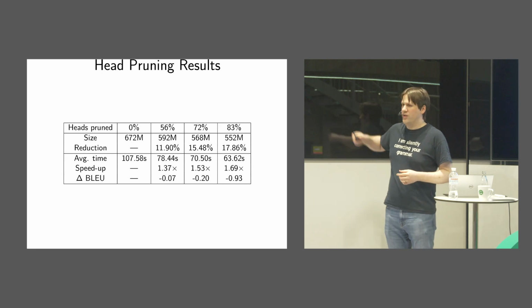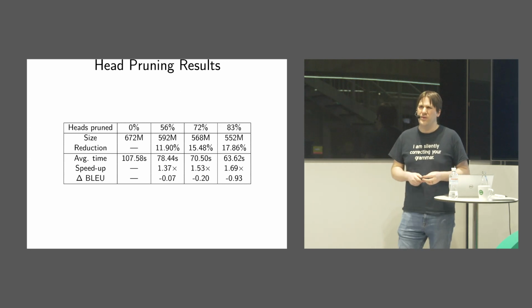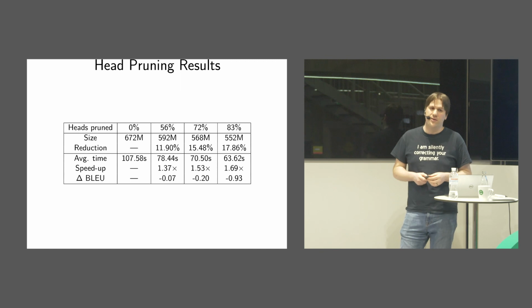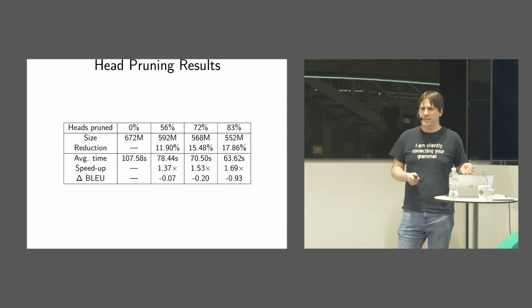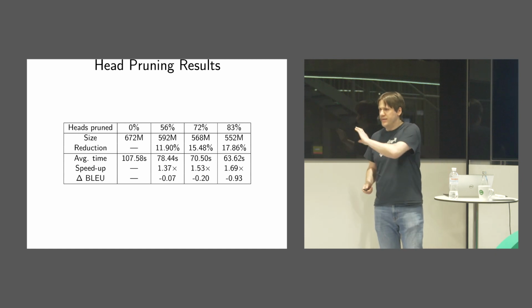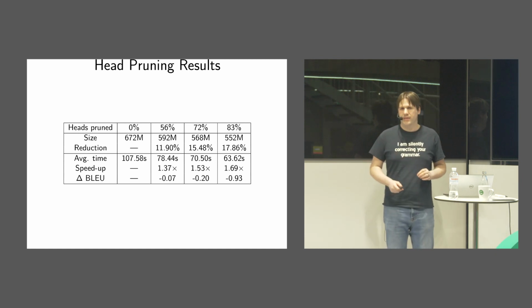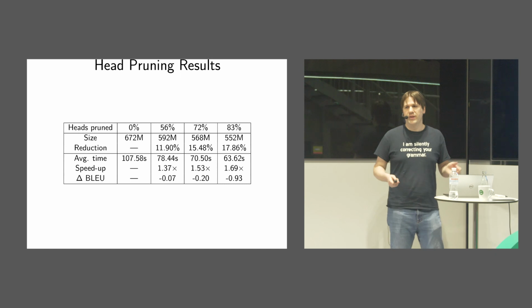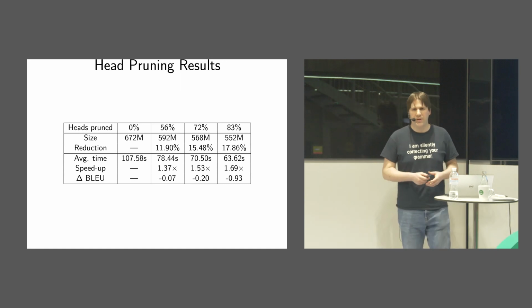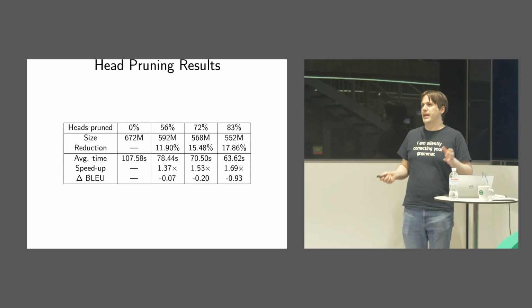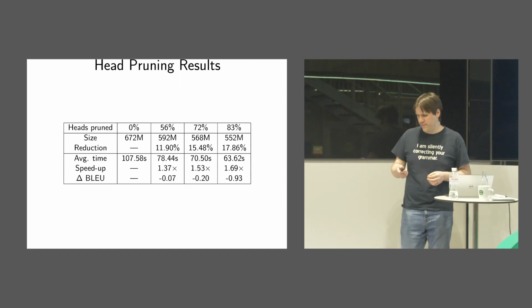The size reduction is actually not that big, and the reason for that is most of the parameters aren't found in heads. Most of the parameters in a natural language processing model are word embeddings, and we weren't touching the word embeddings at all. But these heads get used a lot. Word embeddings tend to only be used when the word appears in the input sentence or when the word is likely in the output sentence.